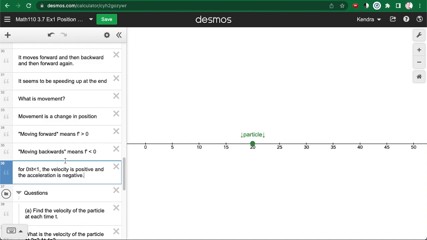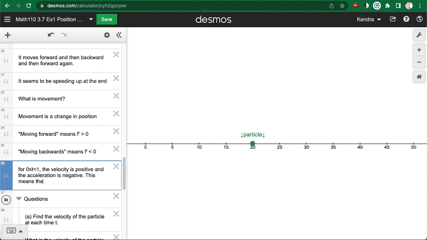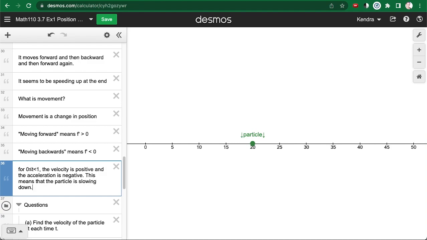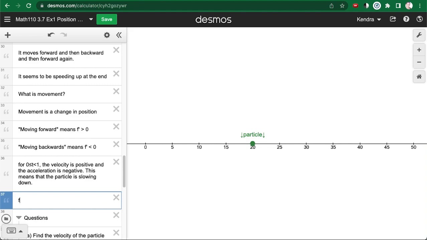You know, thinking about the velocity being positive, if the acceleration is negative, that means the velocity is decreasing. So it's becoming less positive. It's getting closer to 0. So if you think about what that means, you should get that the particle is slowing down. Okay. Now, for t between 1 and 2,